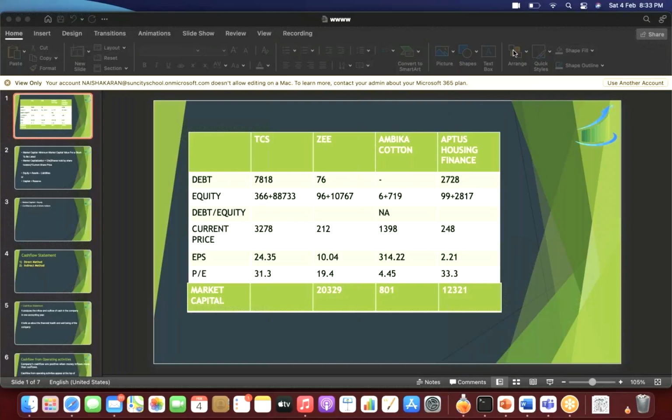So now, will we decide only on the basis of debt equity ratio? No. We will also see the current price, we will see EPS, then we'll have to compare the PE ratio with the other competitors and then decide. But seeing the name, yes, TCS is good. With these figures, even Ambika is good, but they are not wisely utilizing their money. Aptus is good, provided we see their other aspects. Only on these aspects, yes, your analysis is correct. I think you have understood this part of the fundamental analysis.